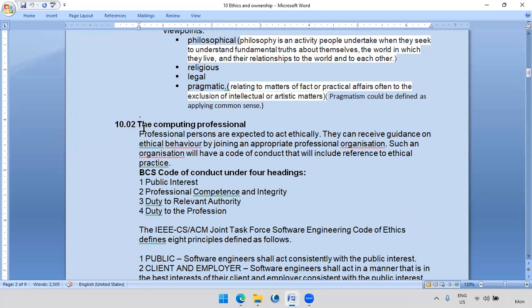So when you join a new profession, you can join those bodies or organizations. Teaching is a profession, engineering, medicine or doctor, lawyer. There are many professions. There are professional bodies or organizations. They will guide you when you join them. Now, this BCS is the British Computer Society, a very well respected and old, established institute. BCS Code of Conduct under 4 headings,